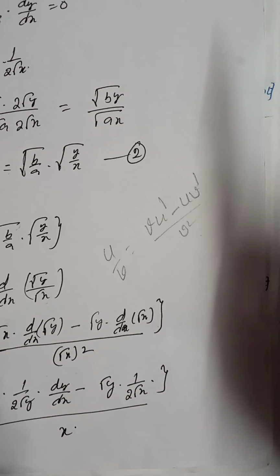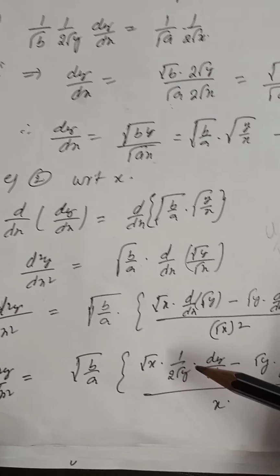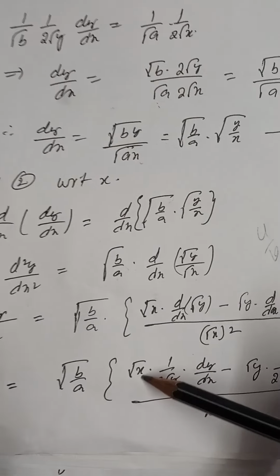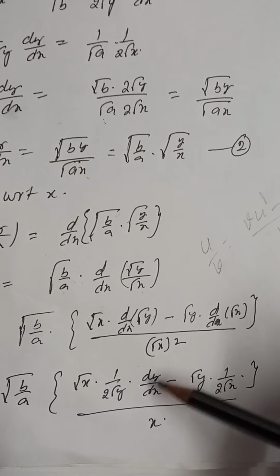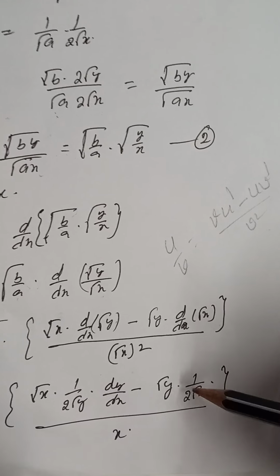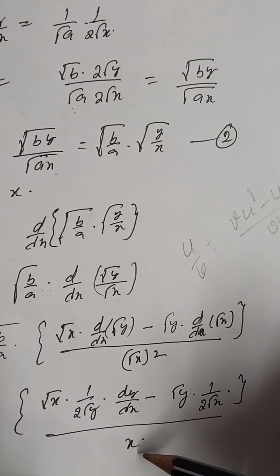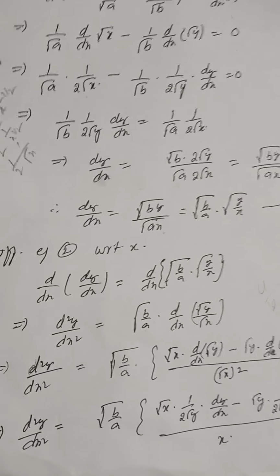Look at this. Now d square y by dx square is equal to square root of b by a into square root of x. The dy by dx of square root of y is 1 by 2 root y into dy by dx. Remember this one. Now root y into differentiation of root x is 1 by 2 root x, by square root of x whole square, which is equal to x only. Next,